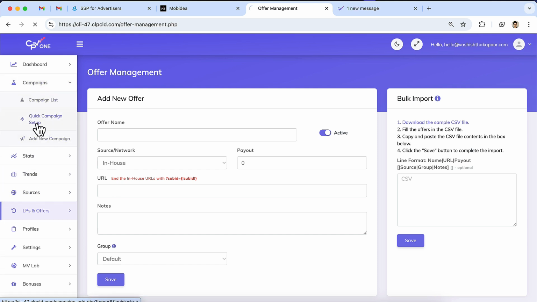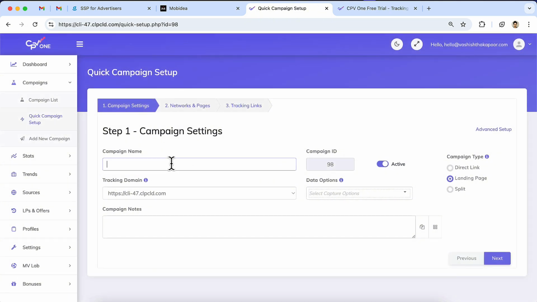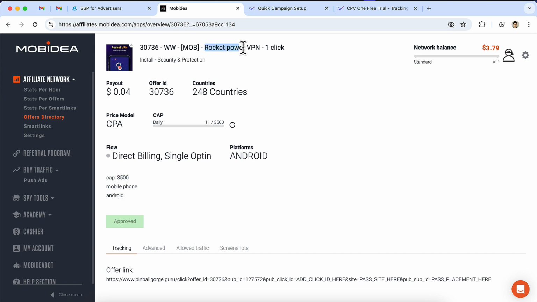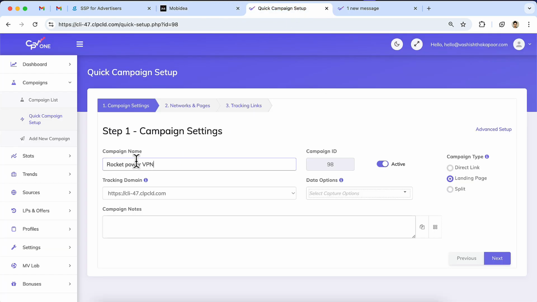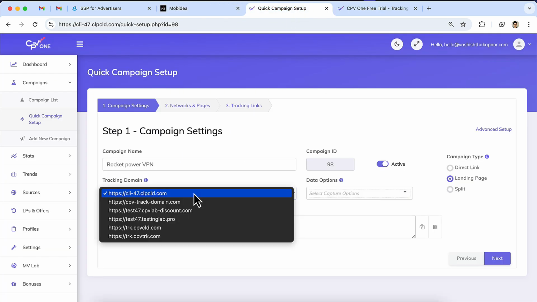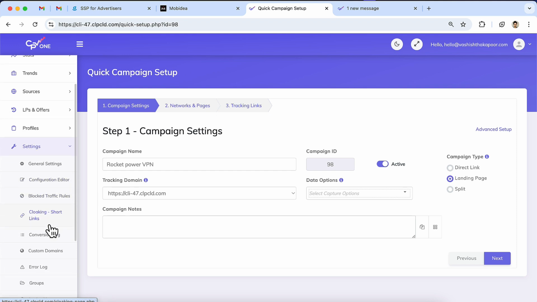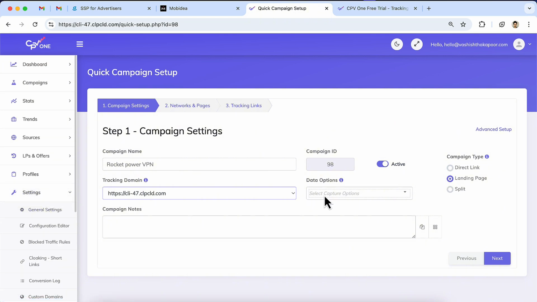Now we can set up the campaign in CPV1, and only after that we will get a link to promote in Galaxian. So now we will set up a campaign. We are using the quick campaign setup. You can also have more tracking domains by setting up a few from custom domains, but for now I'm using this one only.